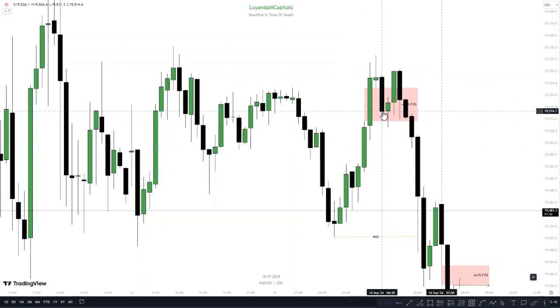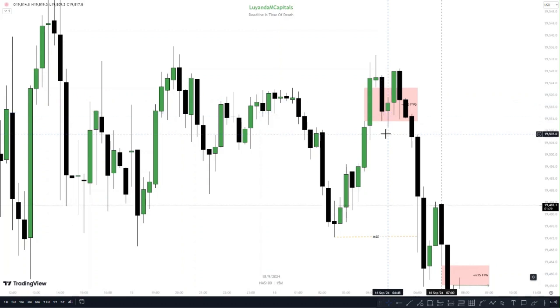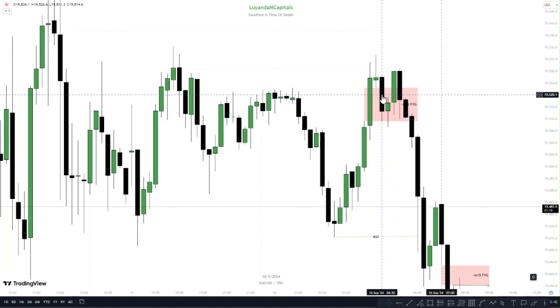And what do you do as a normal trader who is not inside my mentorship? You look for an entry here. You look for a displacement higher, manipulation, and whatnot. And then you're expecting that price would come back to your entry or your fair value gap and then go higher, right? Because this is a 15-minute candle. Lots can go on here, but you're not witnessing that price